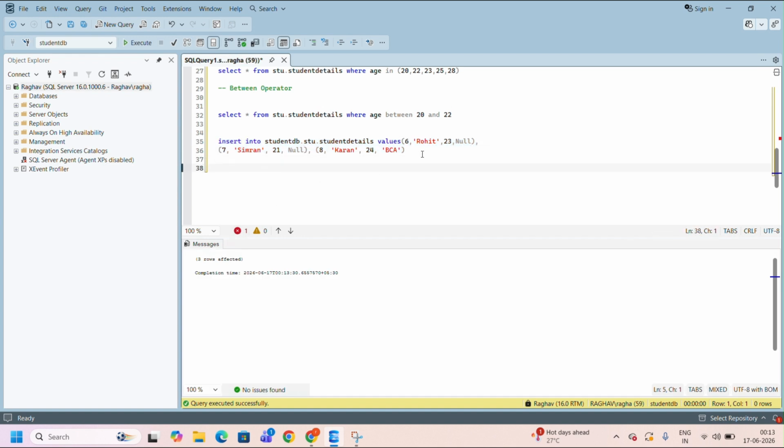Now we will move to our next operator, the is null operator. Okay, so let's do it. Many beginners think null means 0, but that is not correct. Null means no value available. What is it? It means no value available, or we can say unknown value or missing data. Okay,